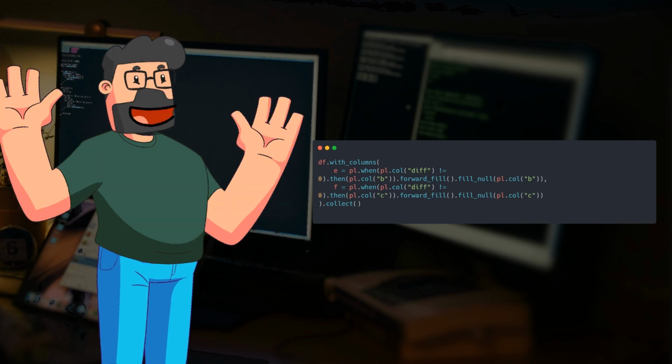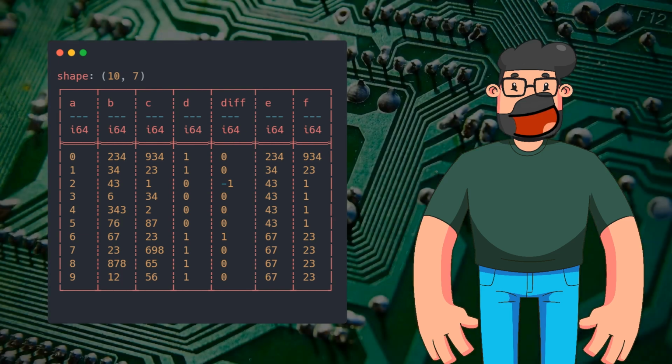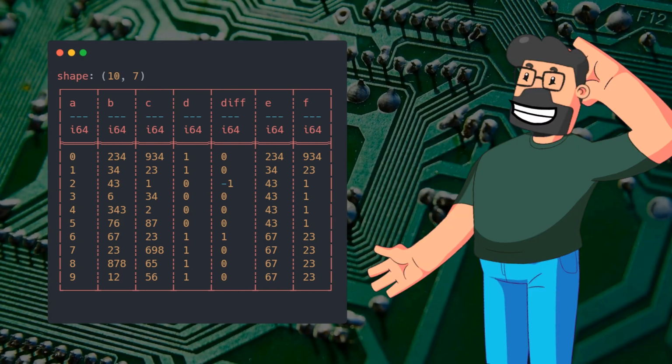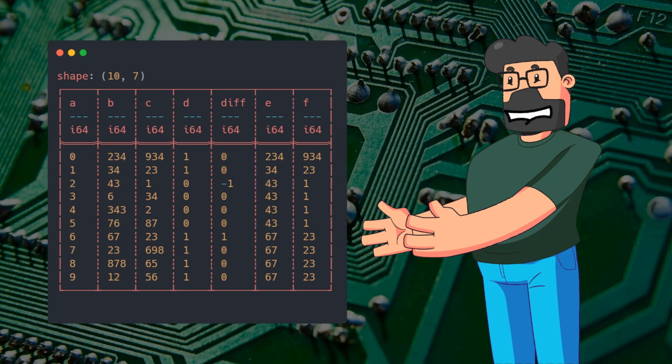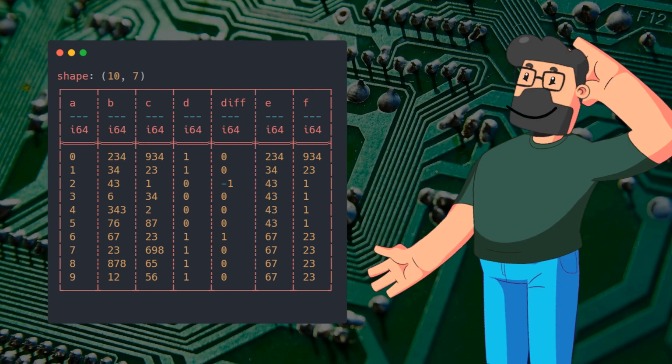with the desired updates. Continuing with the solution, we can repeat a similar process for columns F and C by utilizing the same techniques of selecting, propagating, and filling null values. This systematic approach ensures consistency in updating the values of columns E and F, in alignment with the conditions specified